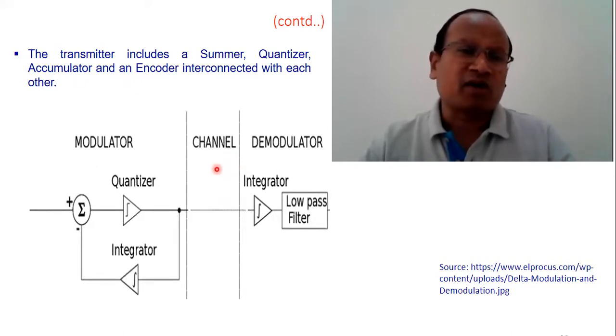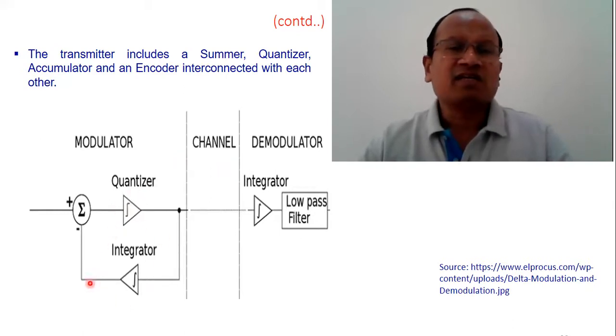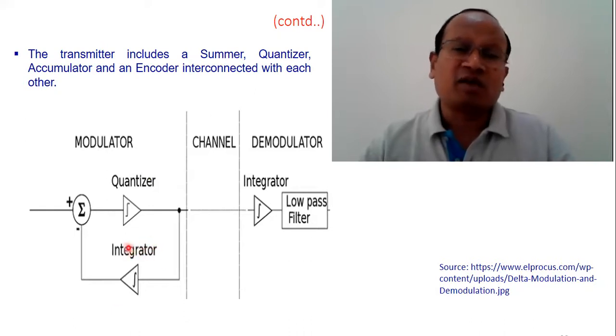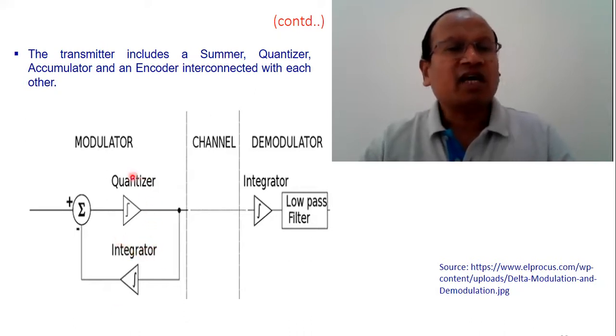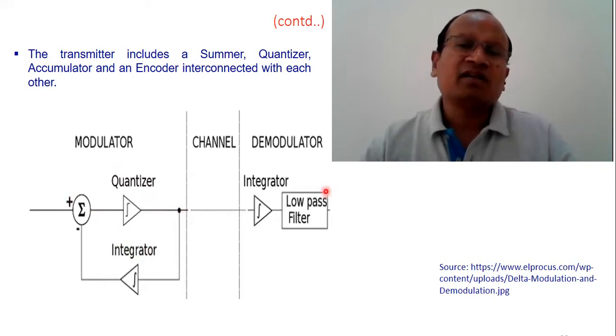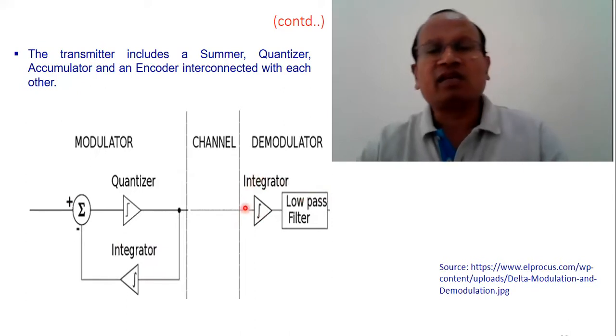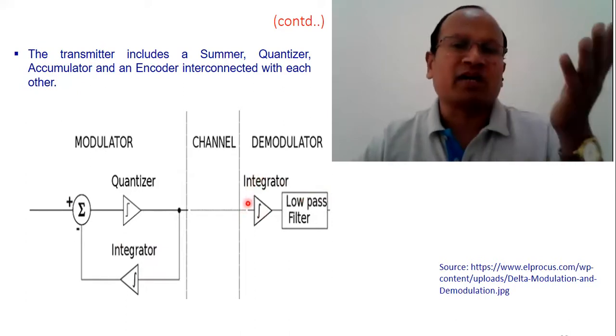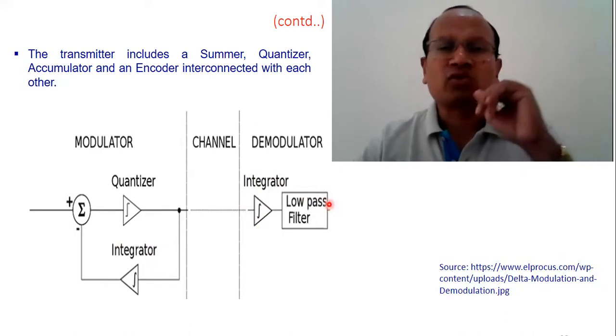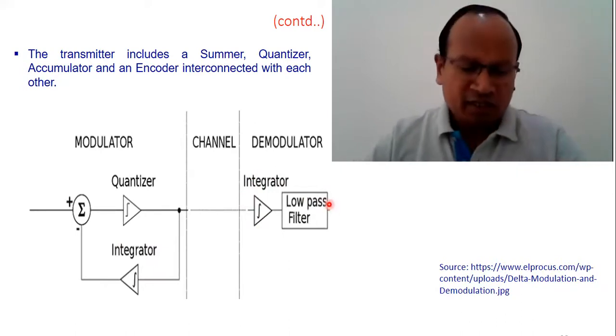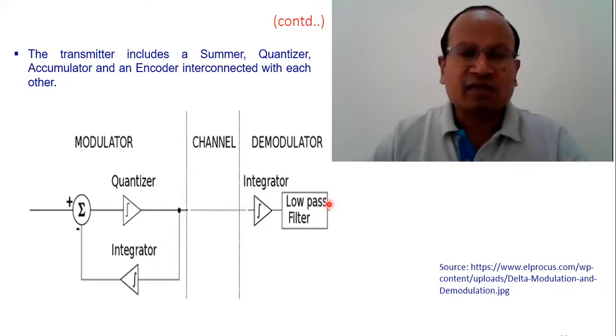This is another representation of the delta modulator and demodulator. We are using the same thing. This integrator is nothing but a kind of predictor filter using an LPF and generating the previous approximated signal, and again being compared. And the demodulator is again the same. It's nothing but a delay operator, an LPF, and then we integrate and we try to get the sample and then pass it through the low pass filter in order to recover the desired frequency signal.